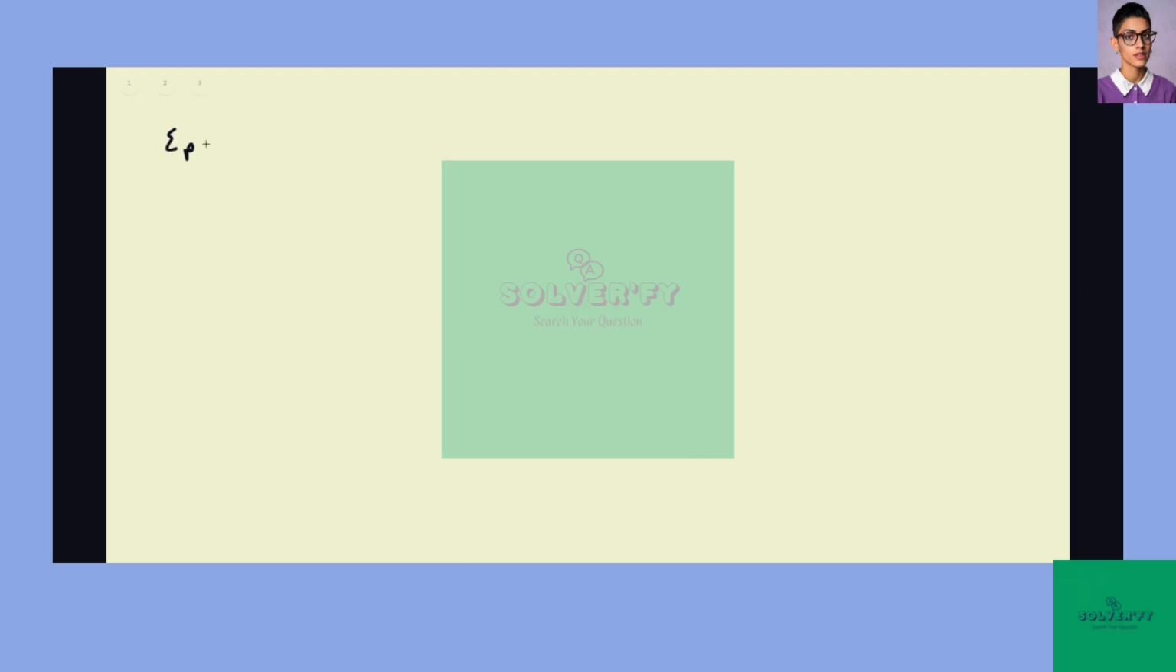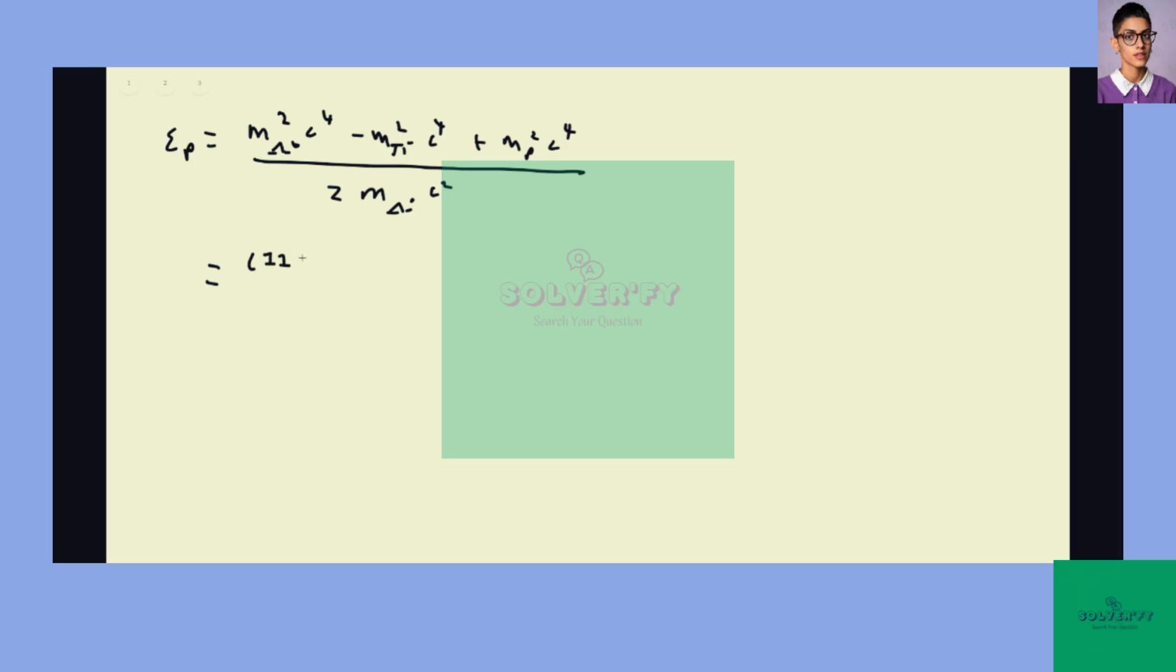The total energy of the proton is equal to the rest mass of the lambda baryon squared minus the rest mass of the pi meson squared plus the rest mass of the proton squared, divided by 2 times the rest mass of the lambda baryon. Now we can plug all these values in since we have them. This is going to be equal to 1115.7